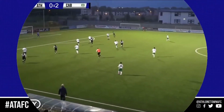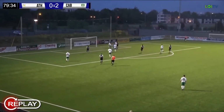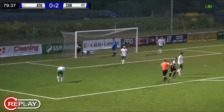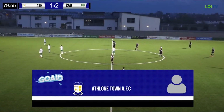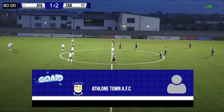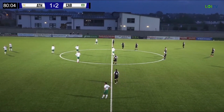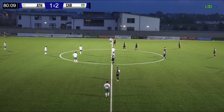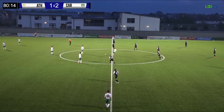A long ball over the top by Wickstead. It got caught, and I think the last touch came off Dean Casey. It was between Dean Casey and I think Mitchell Byrne. Real mix up there. Casey is struggling. He's limping out the 6-yard box there, but it's 2-1, 10 minutes to go. Athlone have a lifeline. They really have something to fight for now, Tom. Yeah, listen, it's a little bit of luck that probably Athlone deserve, because they've had most of the chances and they probably should have scored before that, but that's a little bit of luck that you...